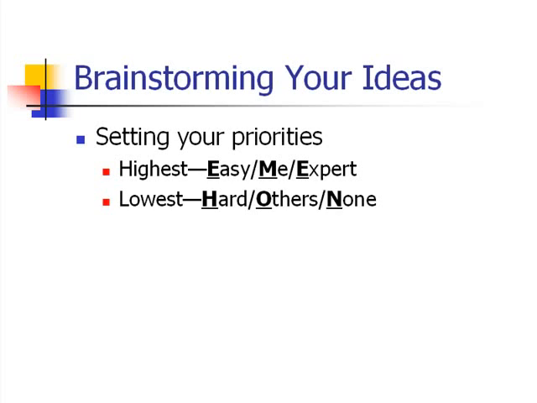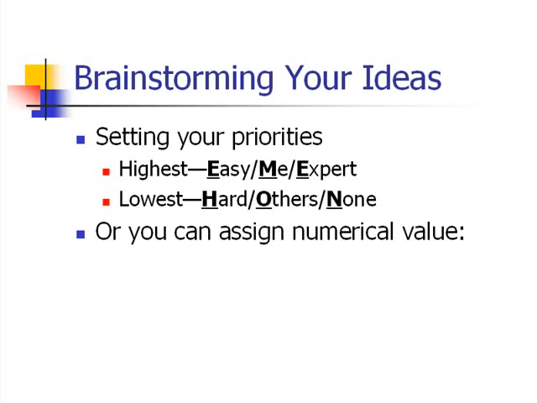The last priority would be hard, others, no knowledge. Why? Because the idea is hard to create. Others would have to be involved, which would mean extra money, additional time, and limited control, and you have no knowledge of the subject matter. The rest of the categories would be ranked somewhere in the middle. You can even give a number to each letter so the calculation of the